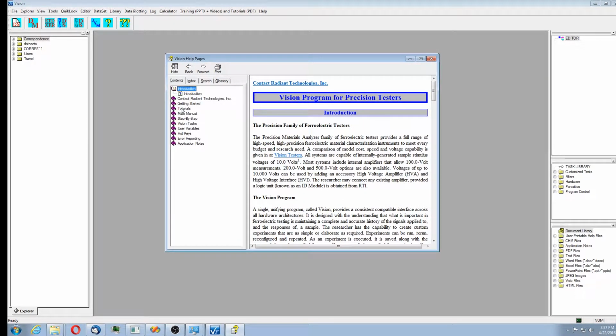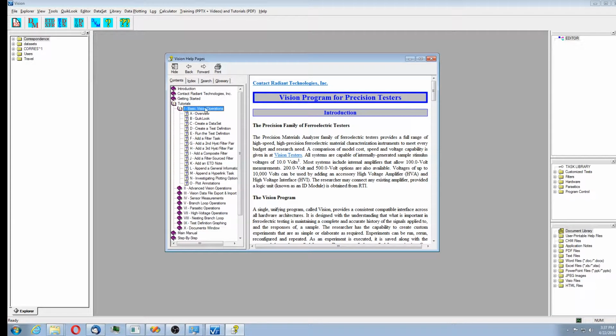I highly recommend you start with the beginning tutorials and work your way all the way through. This should take 5 or 6 hours. At the end of that, you'll be very expert with the program, and you will also save a lot of work time. Now, Vision is a framework